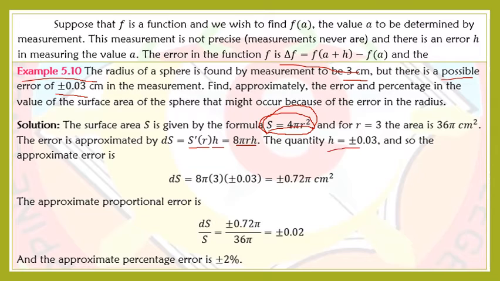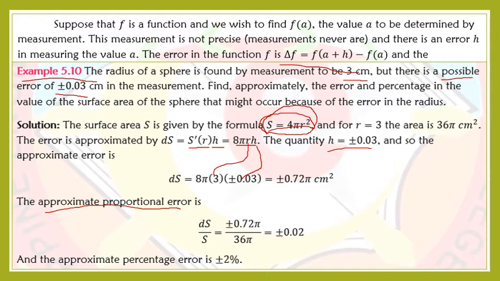Ito yung error or possible error. And so the approximate error class is ds equals to 8 pi. Replace r by 3 and then replace h by plus or minus 0.03. So the approximate error is plus or minus 0.72 pi centimeter squared, and then the approximate proportional error is, okay, ito